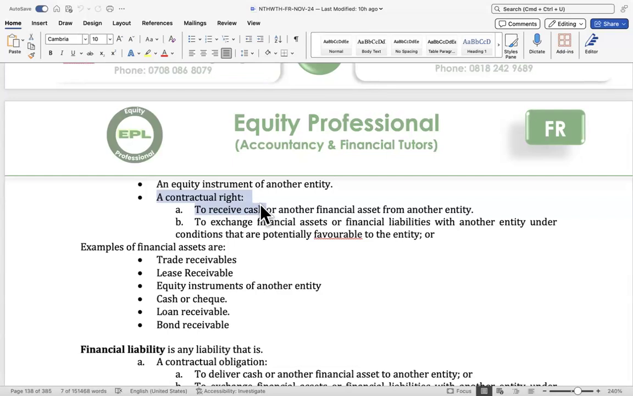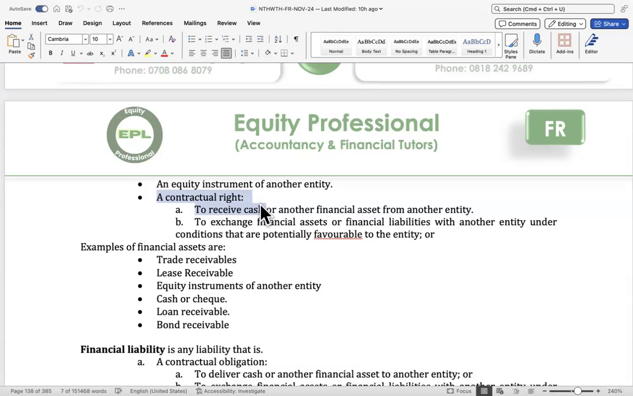Contractual right to receive cash. You don't have to do anything. They must give you cash. When you have any type of investment that gives you a contractual right to receive cash, in